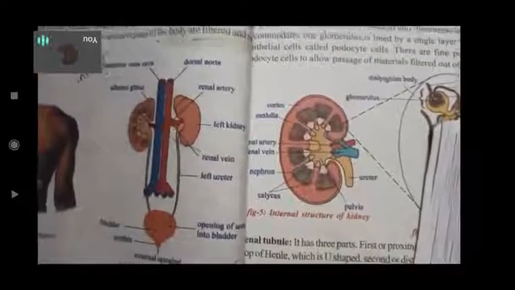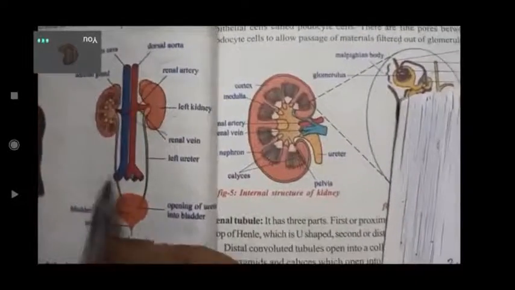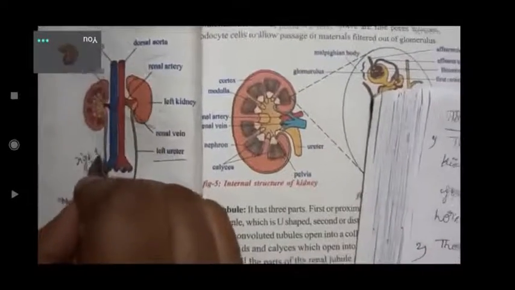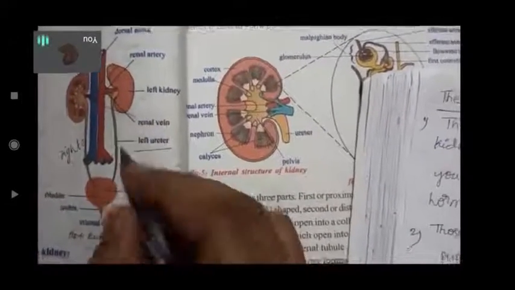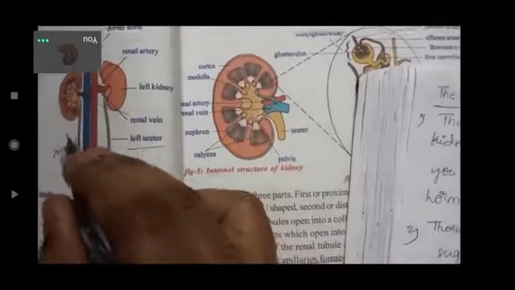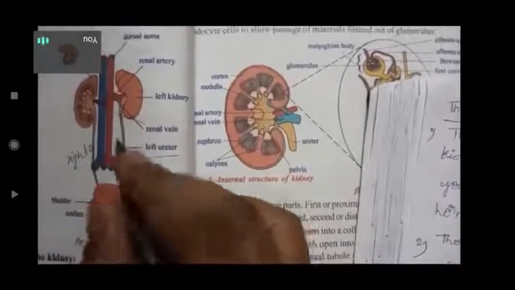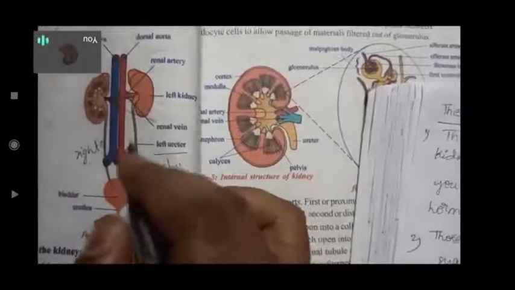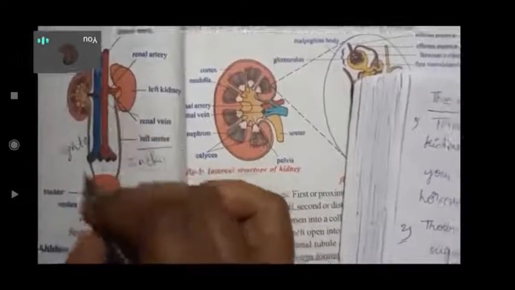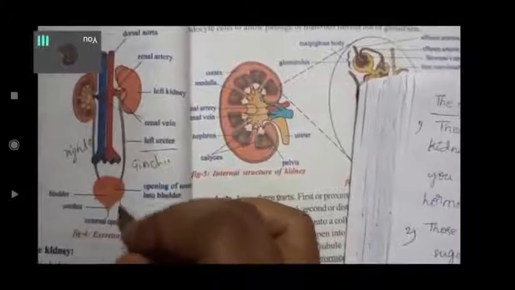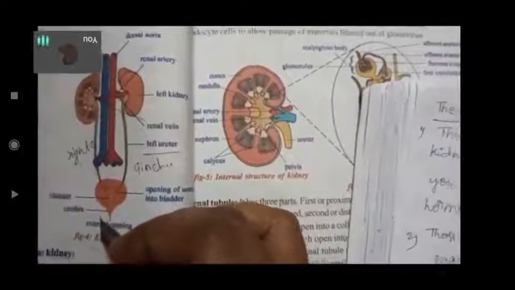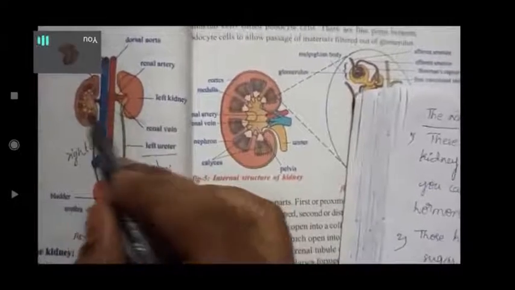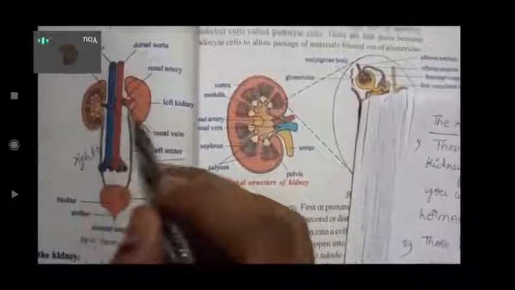Next, I want to take both the ureters, the left ureter and the right ureter. A ureter is a narrow, hollow muscular tube which is 9 inches long. 9 inches, children. Both the ureters are connected to the bladder, and those two carry urine or waste material from both the kidneys.